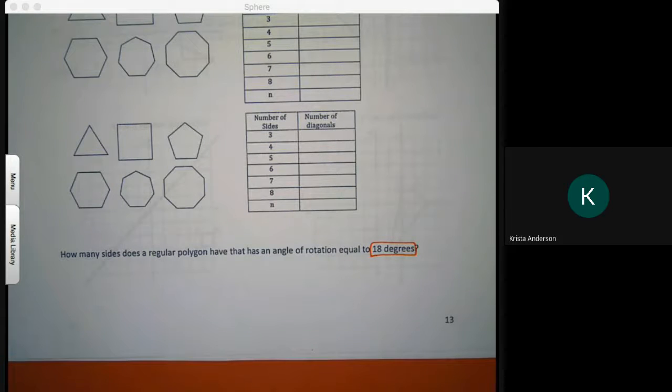The rotation was 18 degrees. How many sides would there be? Yeah, what would you do? You just do 360